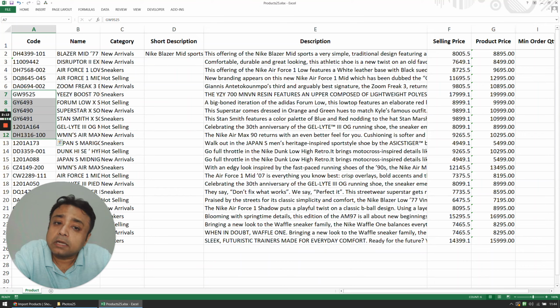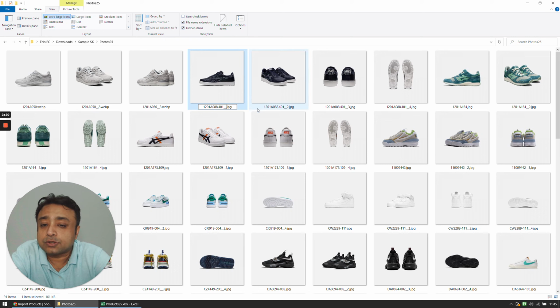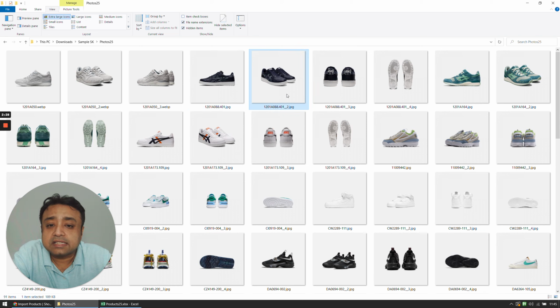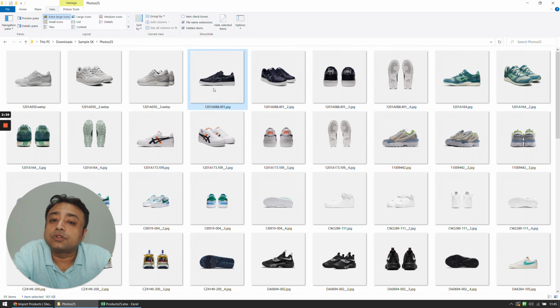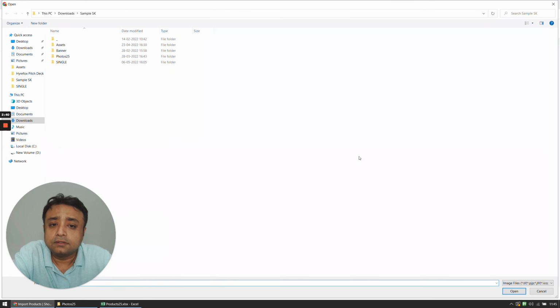And if you've got multiple photographs, what you can do is name it with the name of the product, and then after that you can put in __ A, and this becomes __ 2. This becomes the second photograph. We already have that. I'm not going to do that. So this is the second photograph, this is the third photograph, and this is the fourth photograph of this same product. So you can name all your photographs like such, and after you've done that, you can click here,